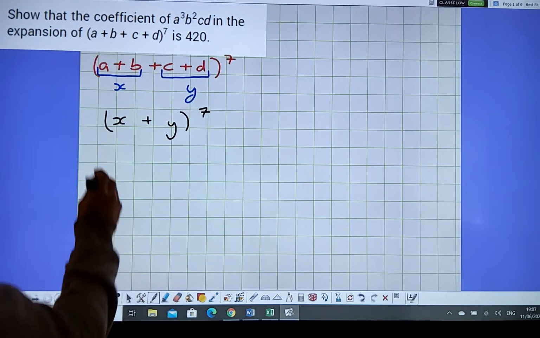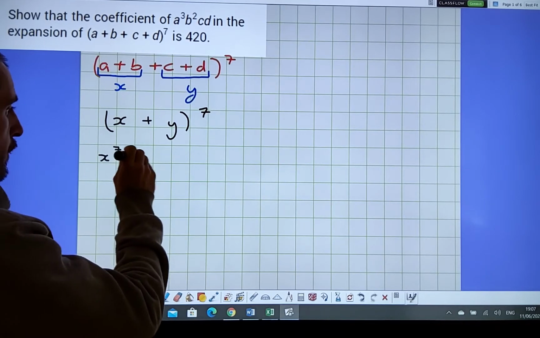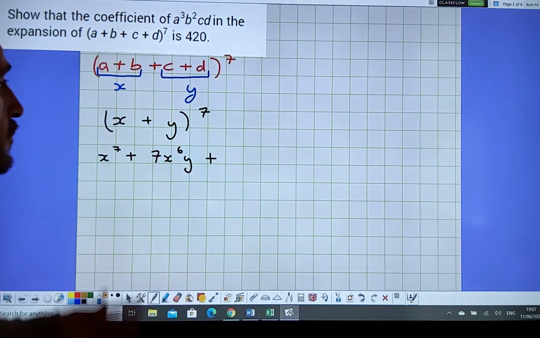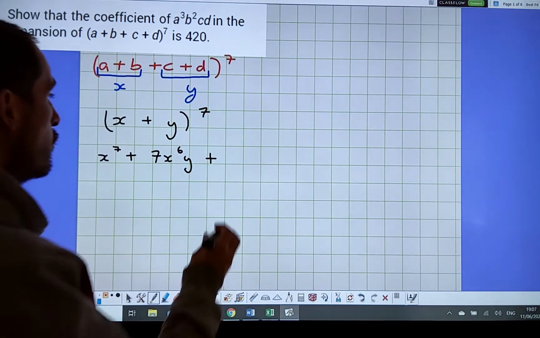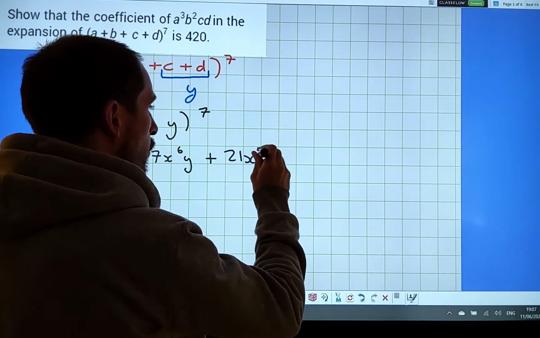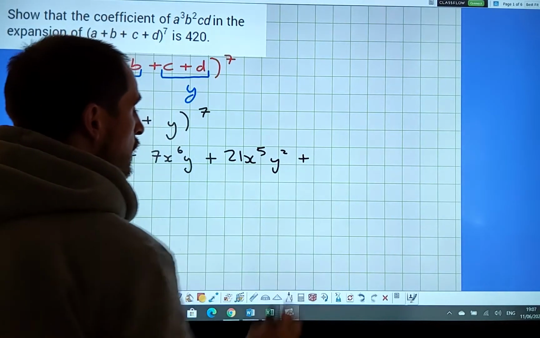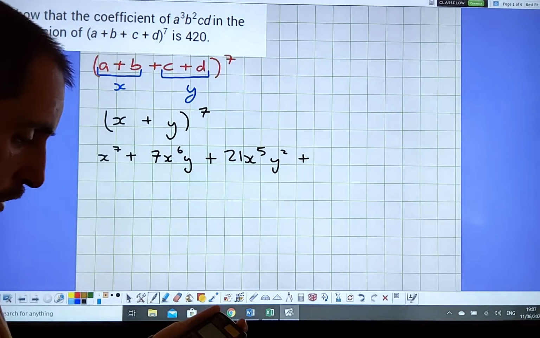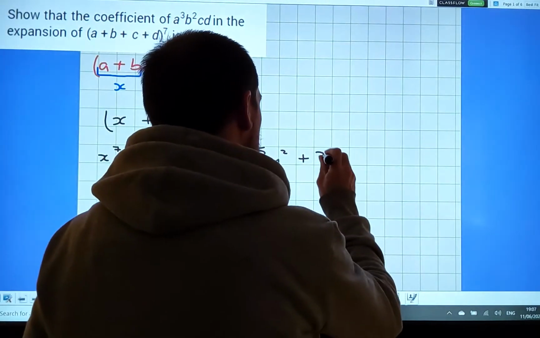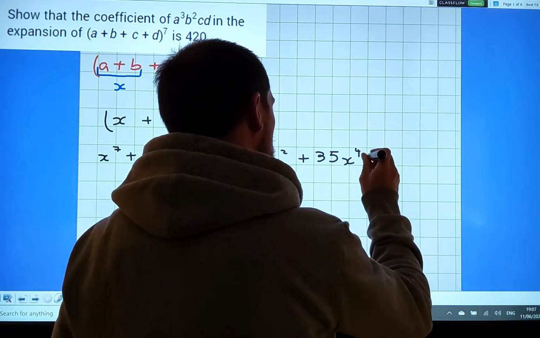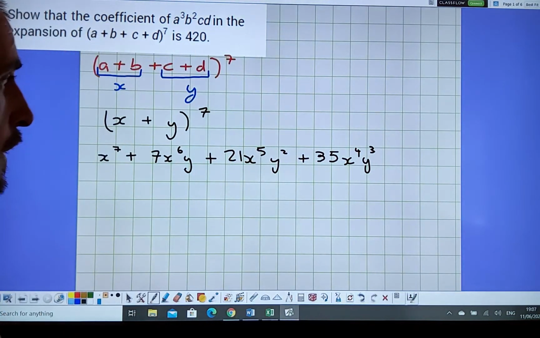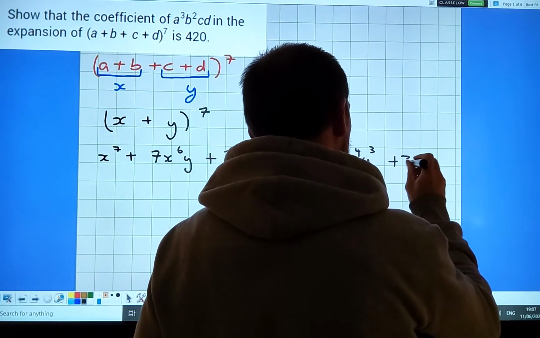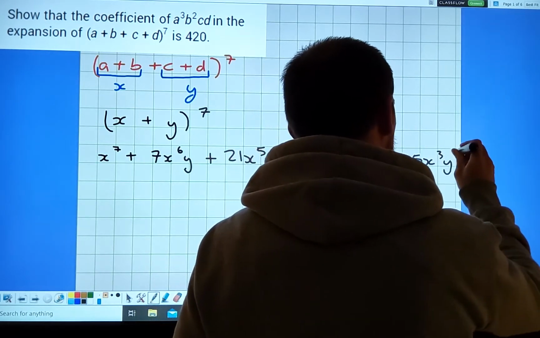So I can now say that that's just going to be x plus y to the power of 7. So using the binomial expansion, that's x to the power of 7 plus 7x to the power of 6y plus, now it's 7 choose 2, which is 21. That's 21x to the power of 5y squared. So this is just following on from the binomial expansion. Goes to 7 choose 3, and you do your calculator, 7 choose 3, which is 35. So it's 35x to the power of 4, y to the power of 3. And then you have 7 choose 4, which is the same thing, which is 35. So it's 35x to the power of 3, y to the power of 4,